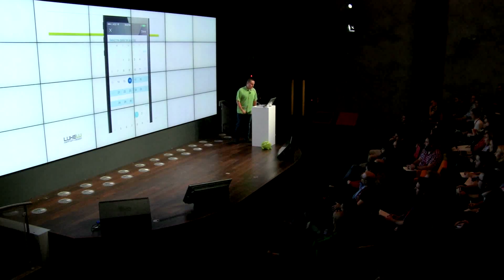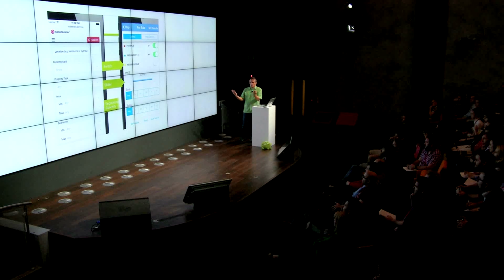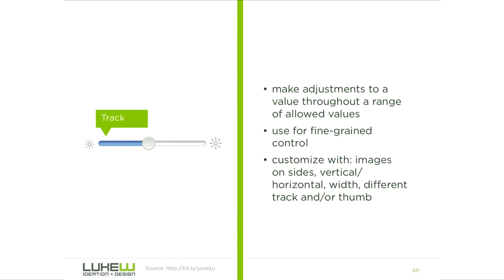But once again, the principle is the same. So this is realestate.com.au. Everything's a drop-down menu. Should it be? Should we be using a switch? Should we be using a slider? Should we be using segmented controls? There's a lot of ideas that we can explore here. A switch is 2 diametrically opposed choices. Yes, no, on, off. A slider we can use to make adjustments around a range of values. You put a track down, and then you stick a thumb on top of it,